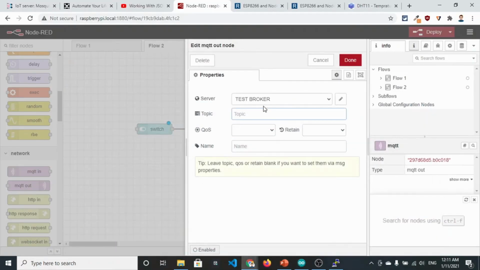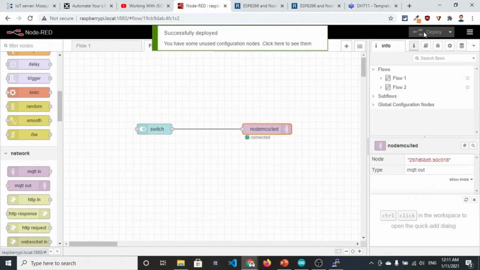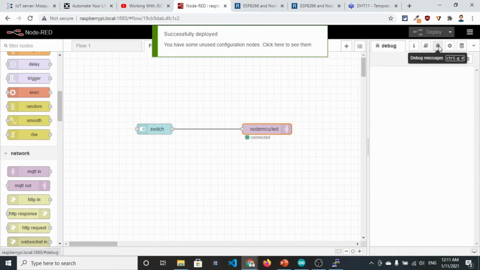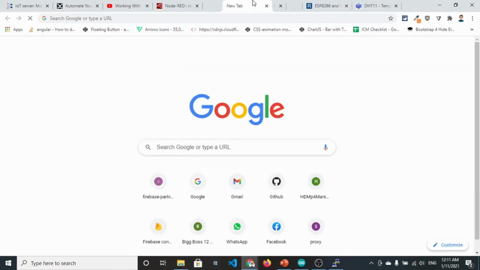NodeMCU/LED, so that we can easily receive it on the NodeMCU. The name can be anything, you can leave it blank. Then NodeMCU/LED is created here, and we need to click on this deploy button. Okay, so here we can see a small thing called connected. Fine. So if you want to see the dashboard of this flow, you can easily show that using this